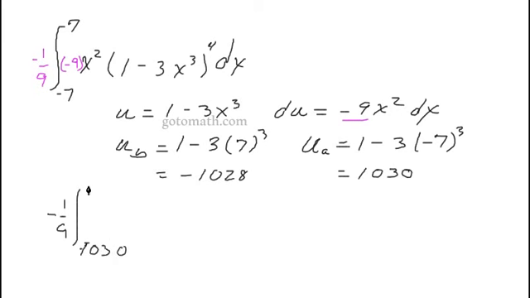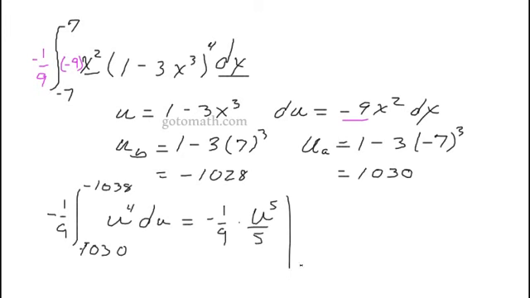Almost made that mistake. And then we're going -1038, and then we do our substitution, so the x squared dx gets replaced with the du. We have u to the 4th du. So now we can do our integral, which is the easiest part, u to the 5th over 5, and we're going